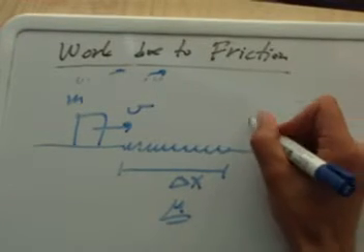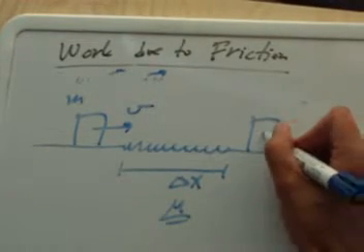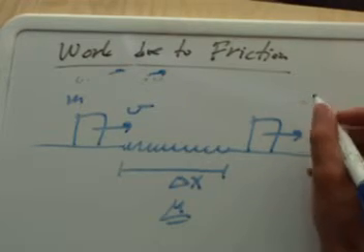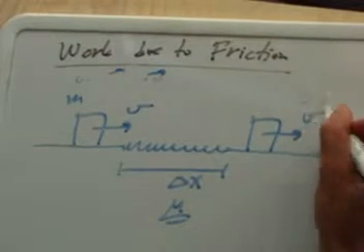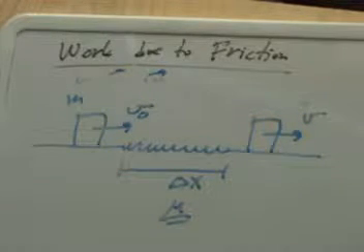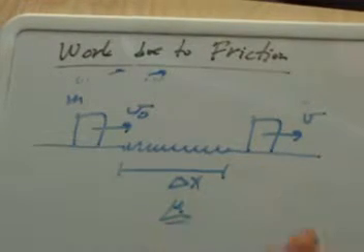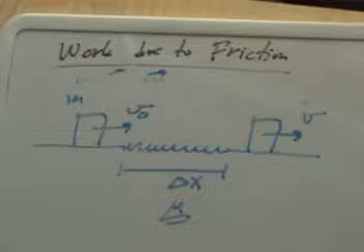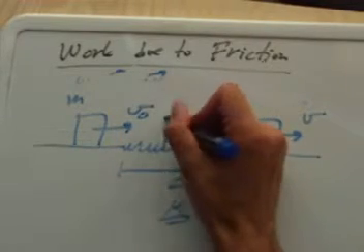So the question is, when the block makes it onto this surface, and we'll assume that it has the kinetic energy that can make it over here, what is the speed over here? We'll call the speed over here v naught, and the speed over there v. So what speed does it have when it makes it all the way over to the right here? Well, you can use energy considerations to figure this out, because you know when the block hits this surface right here,